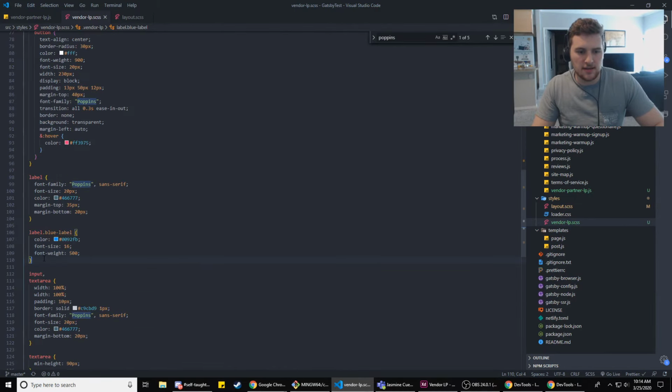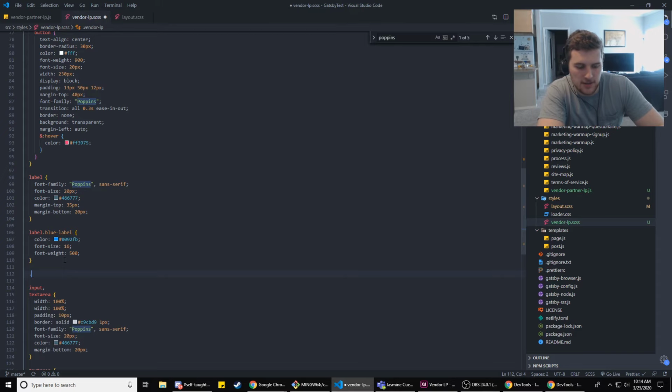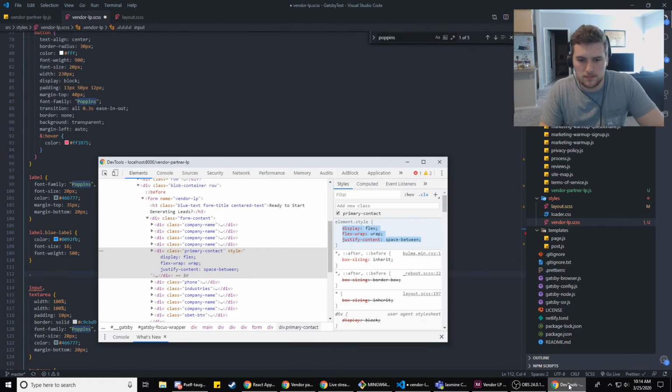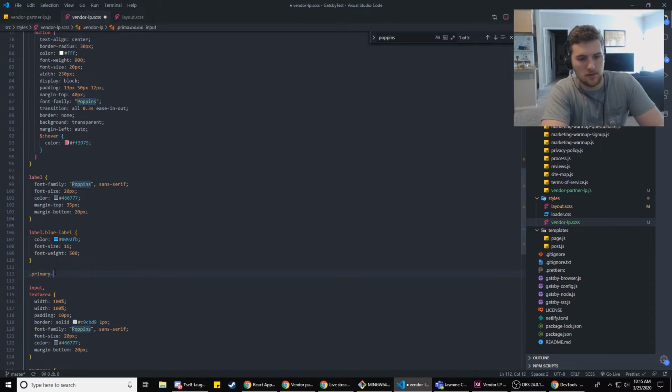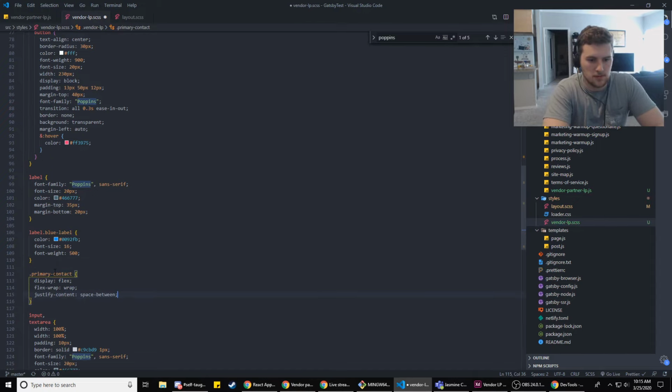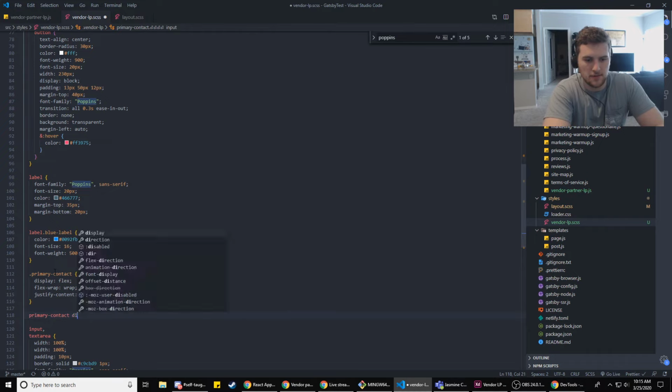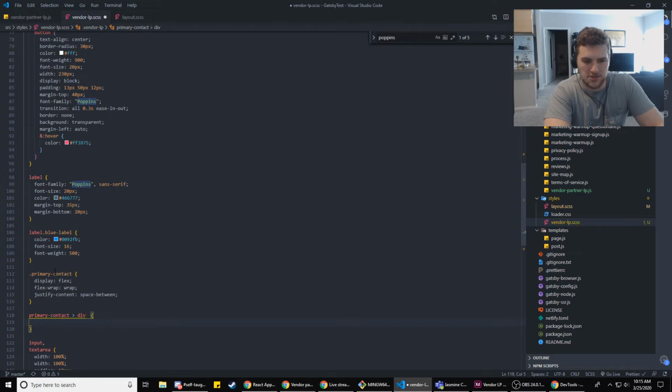So that's in, I guess we can put that right here, right? So what was it? Primary contact. And then we'll target primary contact div that is a direct child, and then we'll do max width.